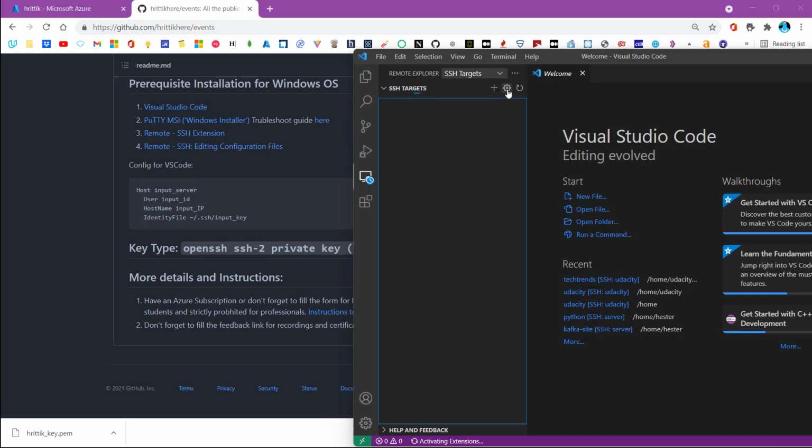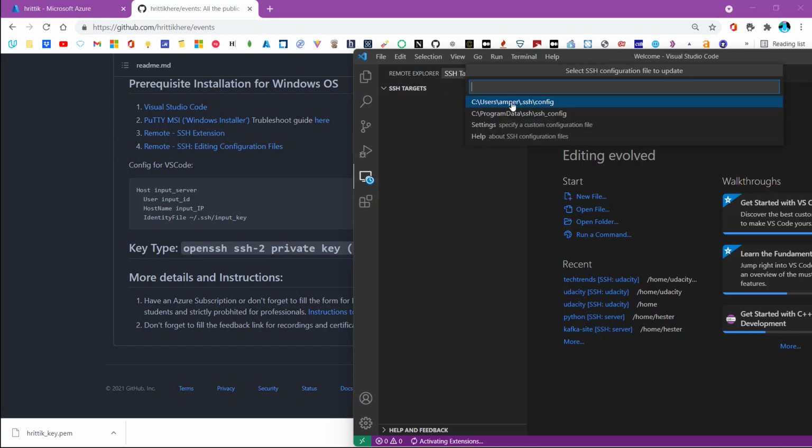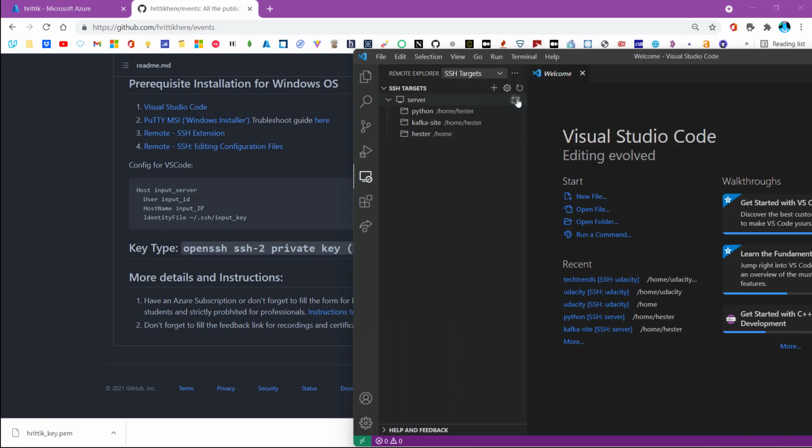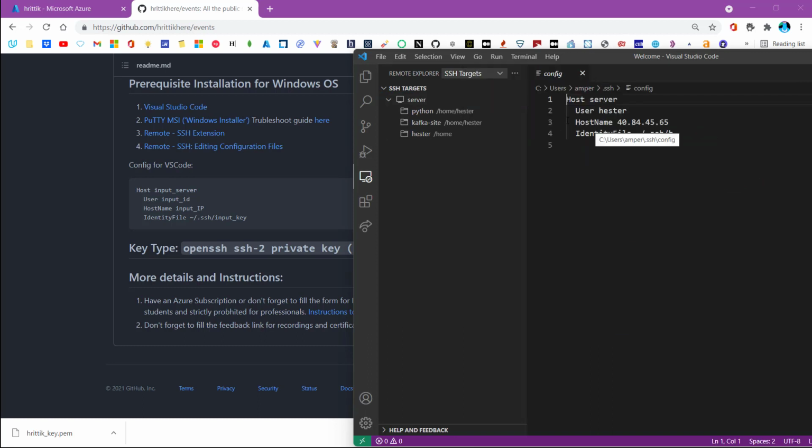Let the extension load, it takes a few seconds. Now you have to select and update a configuration file. Just click on this file, and you will see something is already written here. This is from one of my other servers, but for you there won't be anything like this.